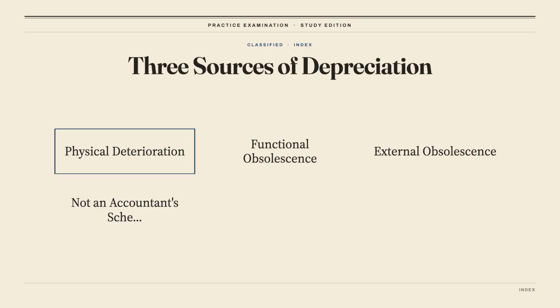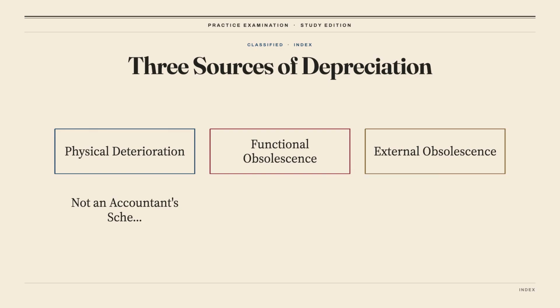Appraisal depreciation has 3 sources: physical deterioration, like a worn roof or failing boiler, functional obsolescence, a defect in the design itself, and external obsolescence, value lost to causes outside the property line, such as a nearby highway. The first 2 originate inside the property, the third does not, and it generally cannot be cured by spending money